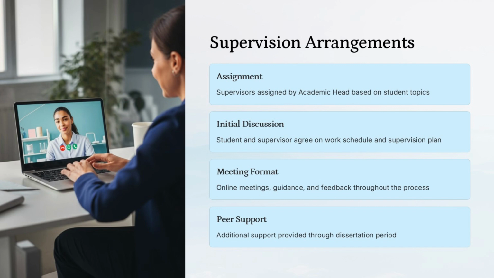that works for both. The supervision will primarily take place through online meetings, where the supervisor can provide guidance and feedback at key stages. Additionally, students will have access to peer support from other students working on their dissertations, providing an extra layer of support. Overall, the supervision model is designed to give students the resources and structure they need to successfully complete their research